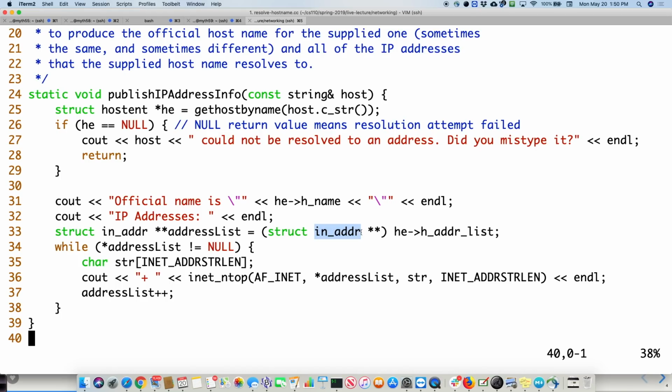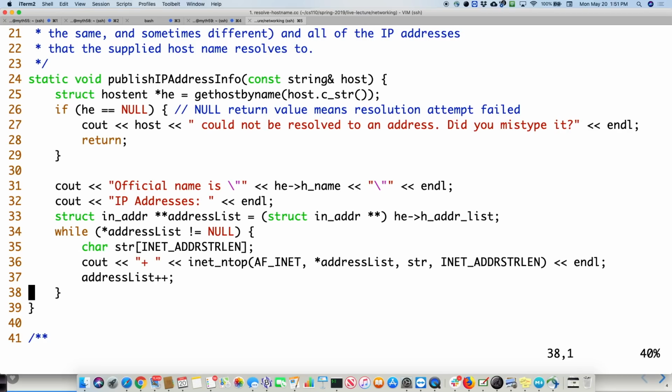Why? Because we know we're asking for the IP version 4 address. In other words, we called get host by name, meaning we were expecting an IPv4. If you want an IPv6, there's a different function you call. Okay, and I'll show you that one in a minute. But anyway, then you get the IP addresses by looping through until you get null.